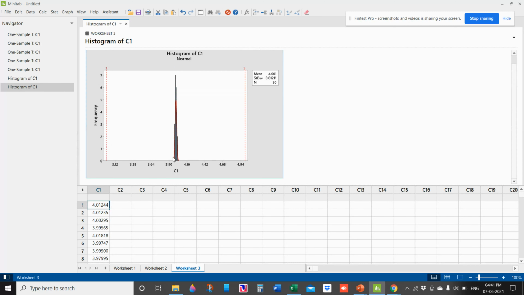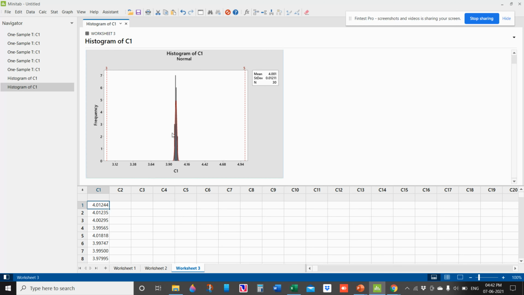So you can see the data is very constant, since we have given a standard deviation of only 10 micron. So it is very near. In the histogram we can see it is a normal distribution where mean is 4.001, standard deviation is only around 12 micron. So the total number of samples is 30.